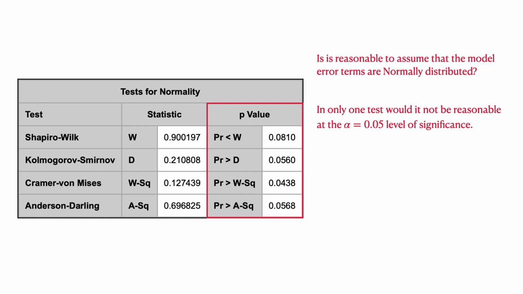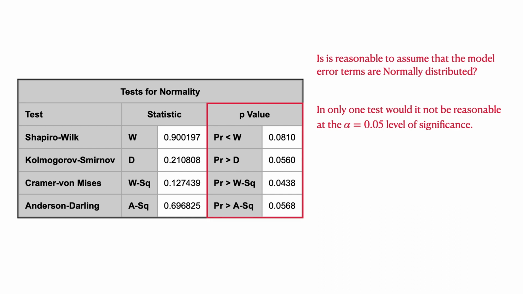And you can see here that if we were going to use the Shapiro-Wilk test, the p-value testing the null hypothesis that the error terms are normally distributed is 0.0810. And so based on that, we would not reject the null hypothesis that the error terms are normally distributed, at least not at the 0.05 level of significance. If we were to use the Kolmogorov-Smirnov test, we would reach the same conclusion, although that p-value is approaching significance. The same thing for the Anderson-Darling test. Again, that p-value is slightly larger than 0.05, and so if we were using a 0.05 level, we would not